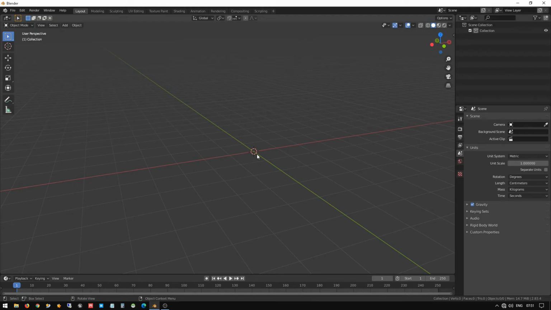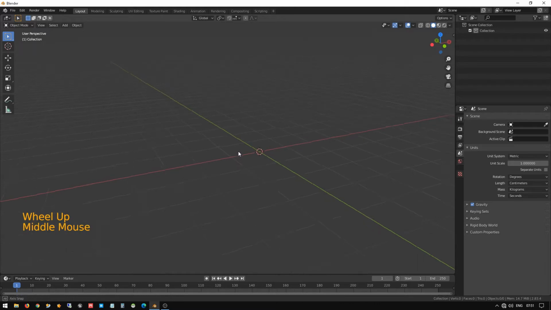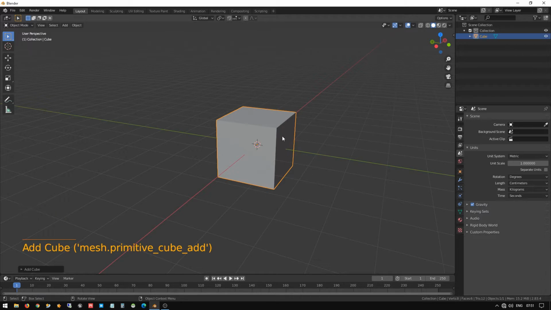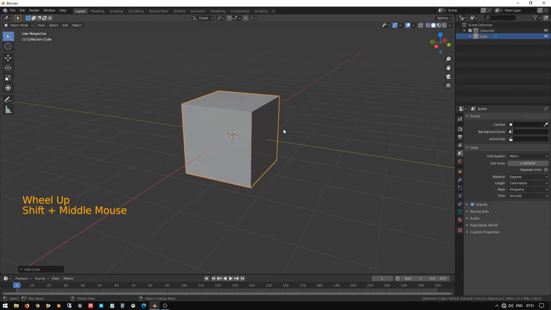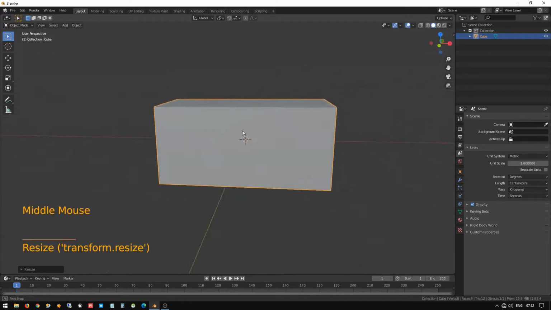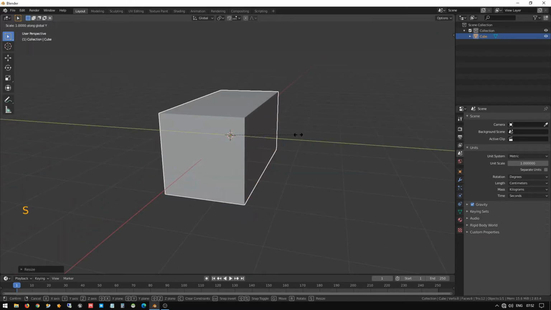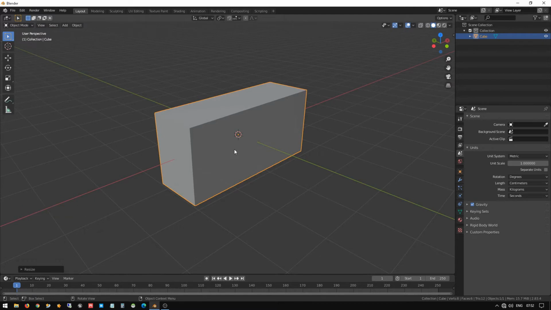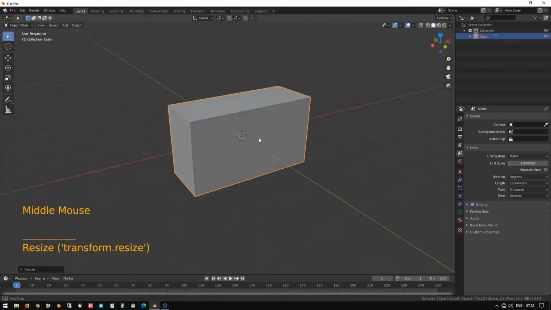After opening Blender, press Shift A, create a cube and make this size look like a battery. So what I'm going to do for that, press scale and the x-axis. I just make it a little bit forward and scale the y-axis to make it a little bit less. The length is big, I feel. So press S to scale and press X and make it a little bit smaller. Okay, this is how the small battery looks.